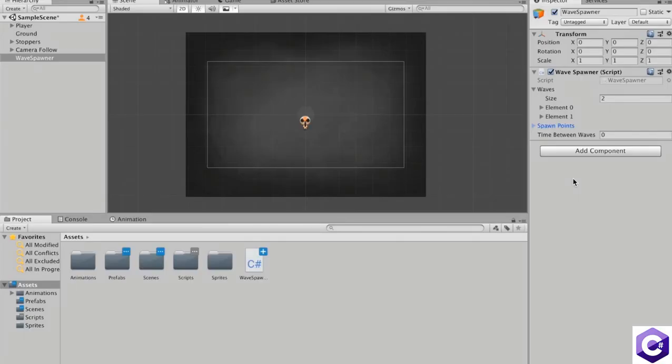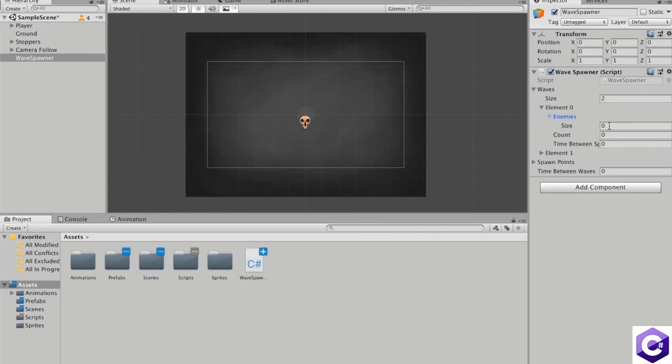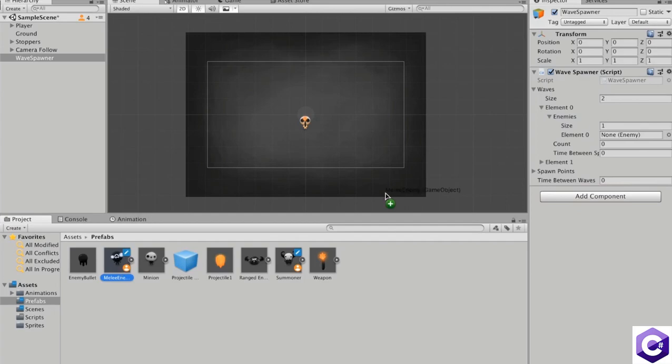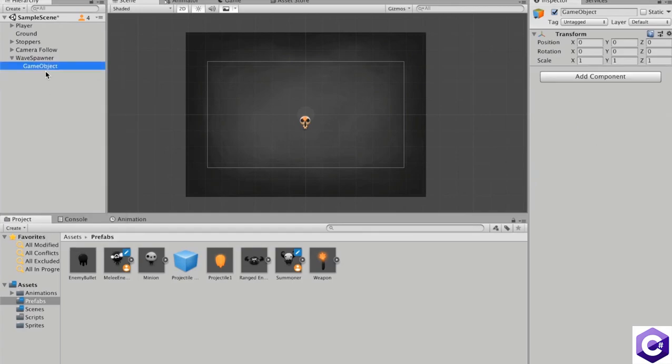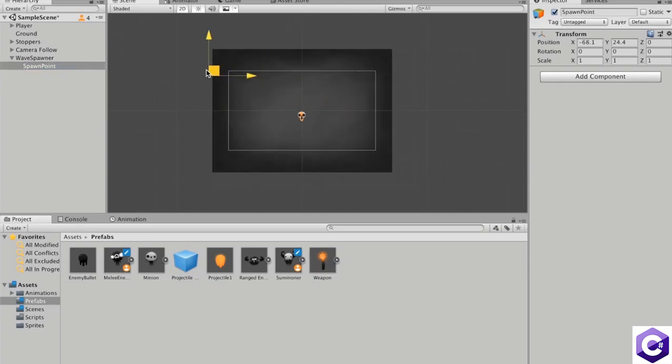Alright, so here inside of Unity, I'm going to fill in my variables. So first of all, for the first wave, I'm going to open up the enemies array, I'm going to set it only to one enemy, and I'll select the melee enemy. There will be 5 enemies in this wave, and with a time of 1 second between them. Then after, I'll fill in the spawn points. So for that, I need to create a couple of empty game objects. So I'm going to create an empty game object and call it spawn point. I'm going to place it outside of the map,